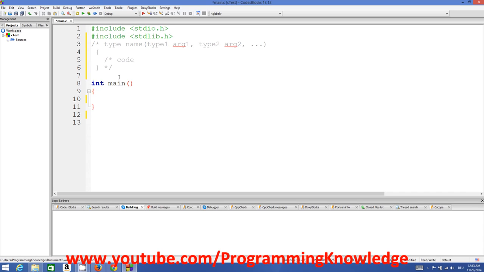Okay, so for example, I have told you that a function starts with a return type, and this time, for example, we don't want to return anything, then we write void. Void means we are not returning anything, right? Then comes the name of the function. This name you can define anything. For example, my